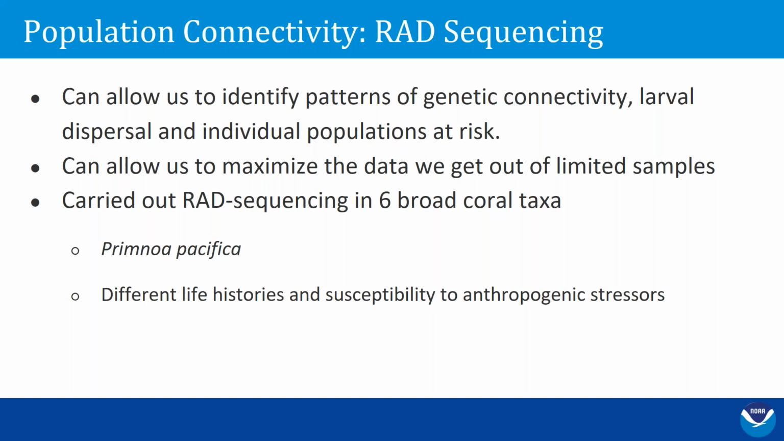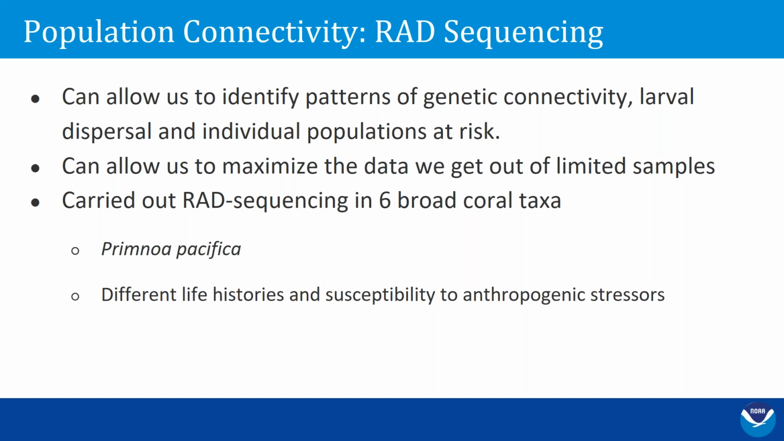Using omics tools like RAD sequencing, because we get thousands of markers, we can maximize the amount of data we get out of a limited number of samples. We don't need as many physical individual samples to be able to detect population boundaries when we're using thousands of markers. And to date, we've carried out RAD sequencing in 6 broad coral taxa. These range from Primnoa to several Plexaurid gorgonians to soft corals from Alaska, and some sea pens. So today I'm going to be focusing just on one of these groups, and that's Primnoa pacifica, specifically groups of